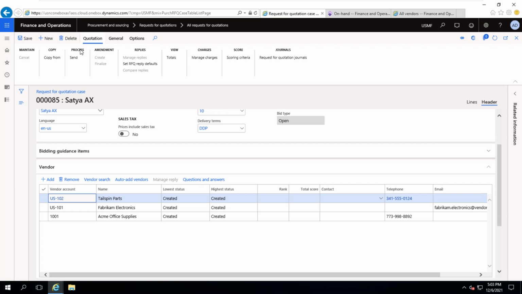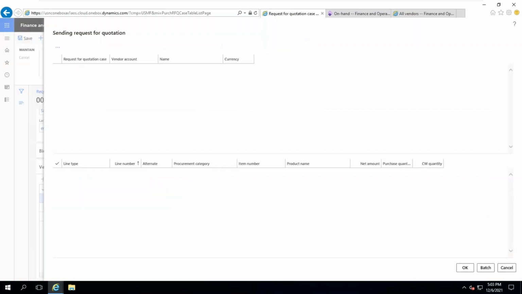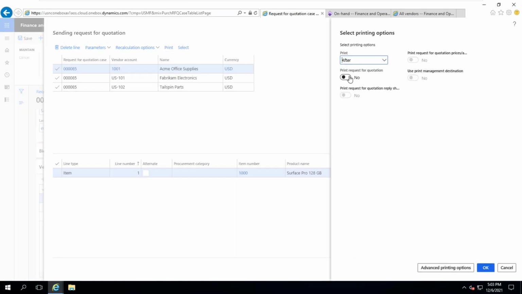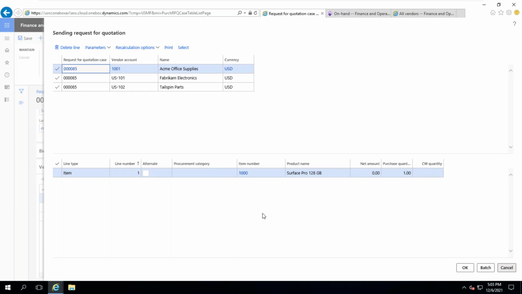So for that, process, send. That means I'm inquiring with multiple vendors, 101, 1001, US 101 and US 102. Here in the print options, we can select enable print request for quotation so that it will be printed. But I'm not taking a printout. I'm clicking OK. Usually this checkbox should be enabled, and you need to take a printout, and you need to send this information through